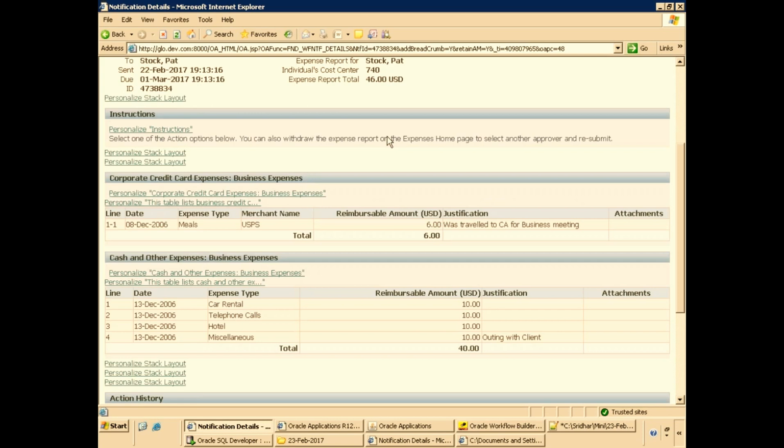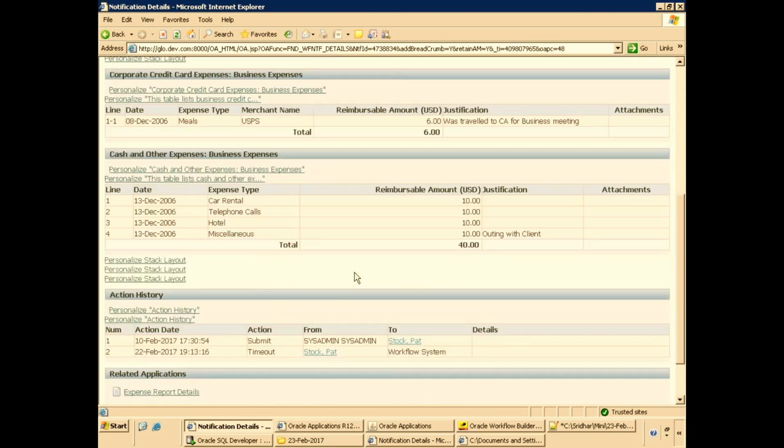Okay. So let us say if you get any requirement to modify this region, then you have to modify the OAF content, the OAF region. We cannot do anything from the workflow. Let us say a client is asking, can we show one more column at this level? Yes, that is possible, but we have to extend the OAF. We have to work on the OAF, not at the workflow level. At the workflow level, you'll just identify what the region name is. That is what you have to provide to the OAF developer so that they will modify the content.